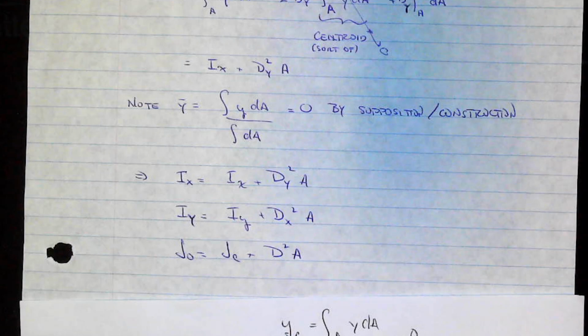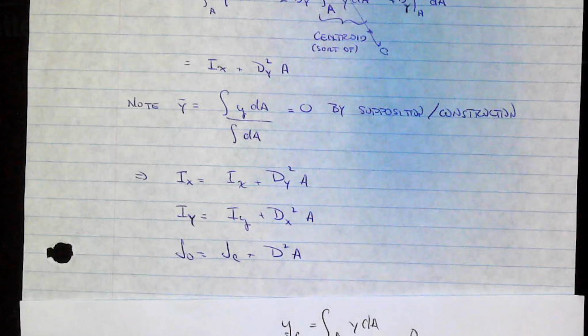So that'll be a distance dy, and then that distance up here is little y, squared dA. So we'll integrate that. This will be Ix, because we've integrated it. So integrating over all the area, square the distance to get to that point,